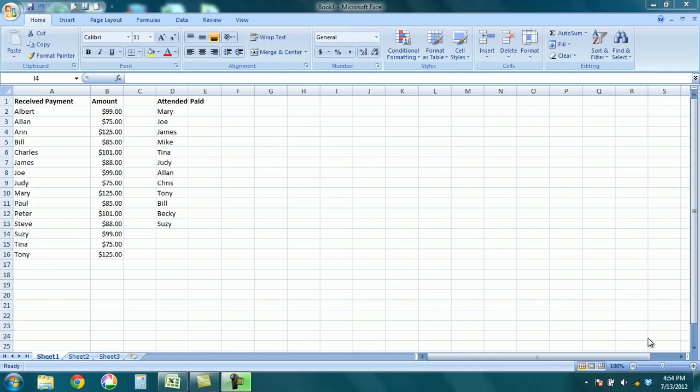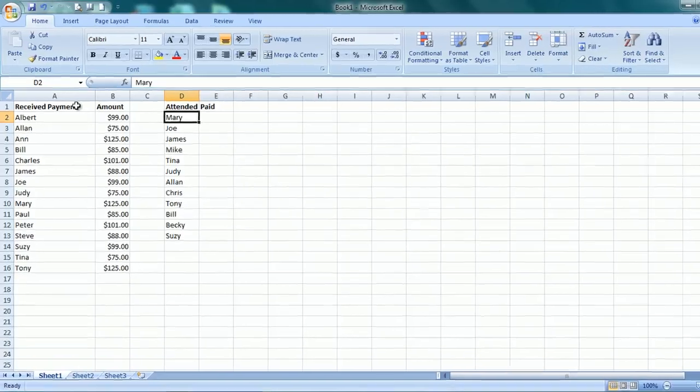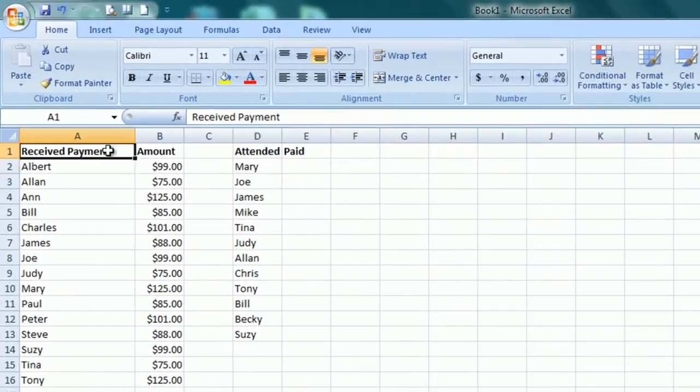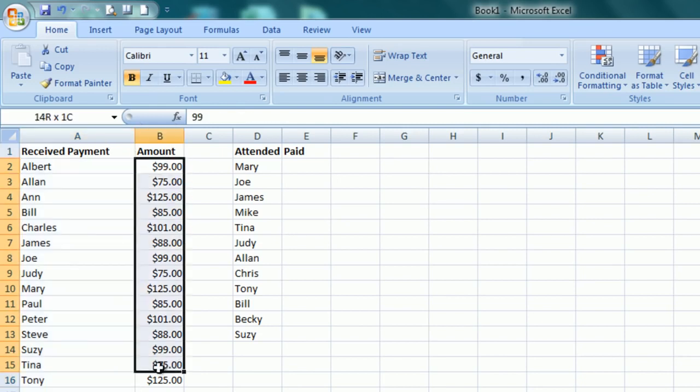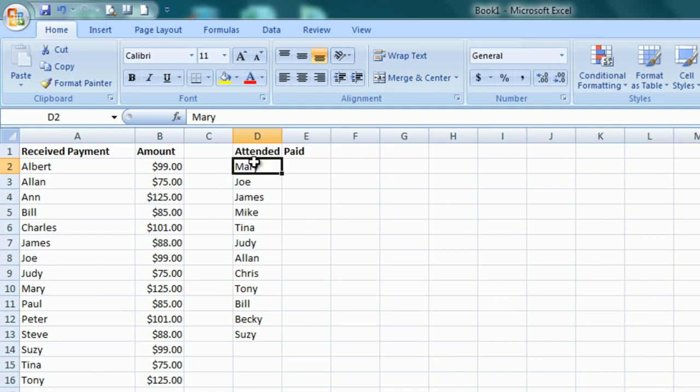What VLOOKUP is used for is to find a value and see whether it exists in another range of values. So I have a list of people here that paid for an event. All the people that paid are here, and this is the amount each of them paid. Then on this side, I have a list of the people that attended. Not all the people that attended have paid. So I need to find out which people paid and which people didn't by looking up people on the list